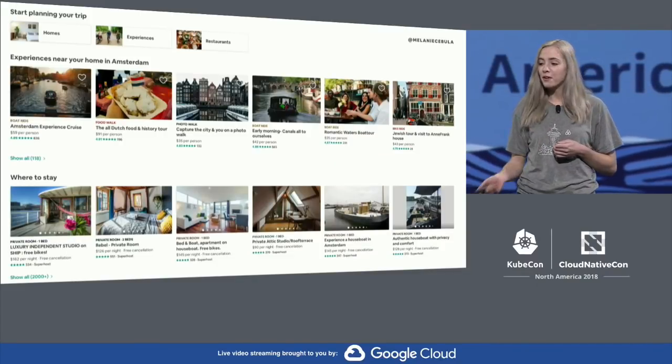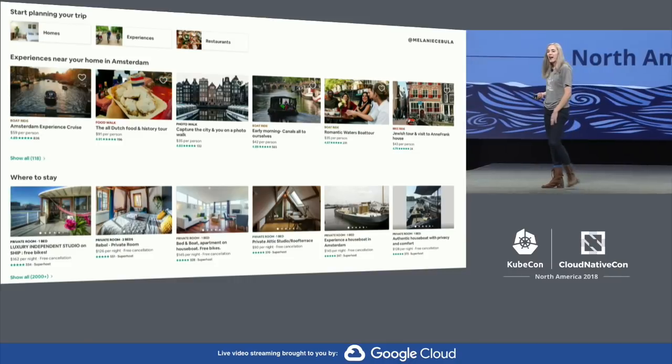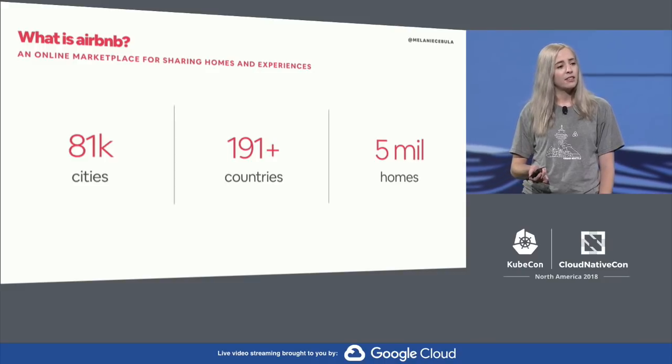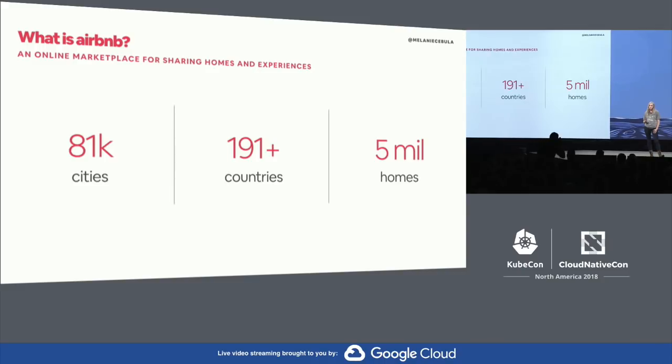But first off, who here knows about Airbnb? Hopefully you do. Airbnb is an online marketplace for sharing homes and experiences. So we operate in 81,000 cities, over 190 countries, and we have over 5 million homes on our platform. Recently, we launched Airbnb Collections, which helps business, family, or any other kind of traveler to find the right home